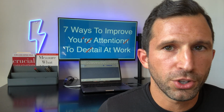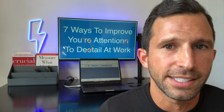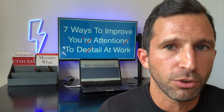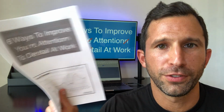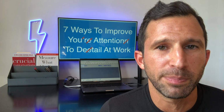Now, it's really important to note that the real value here is using the checklist on a daily basis. It's not enough to just know the items on a checklist. The value comes from going through it and checking each item off as you're doing and completing your work. Physical review. Now, this may seem old school, but I promise you it's an effective strategy, especially when the stakes